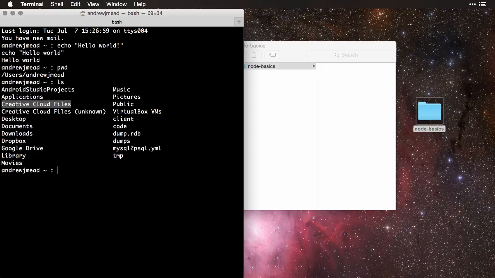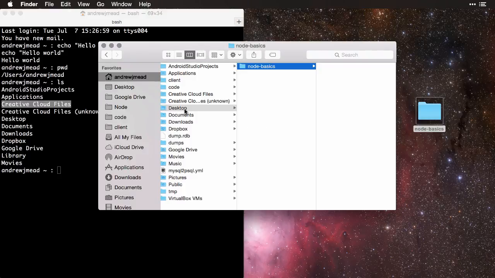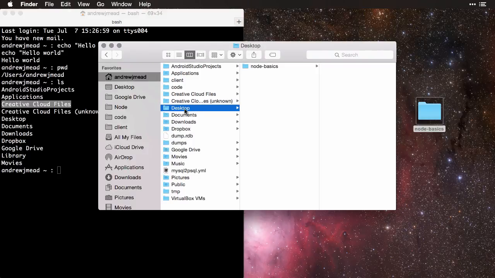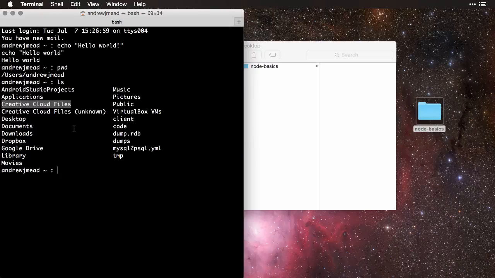In order to navigate into desktop, which is much the same as clicking the desktop folder in the Finder, we need to use the last command I'm going to introduce, which is cd and stands for change directory. This one's pretty cool. Change directory is going to let you specify a folder name and navigate into that folder. In this case, I know I have a desktop folder I want to navigate into. I can run cd space and then the name of the folder, desktop, hit enter, type pwd and hit enter,